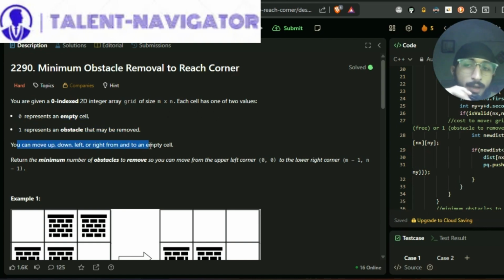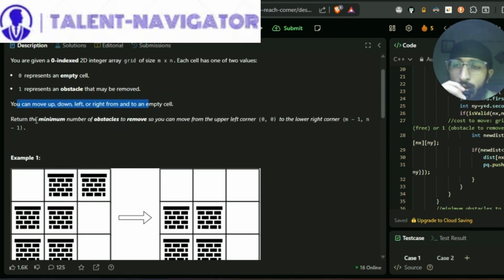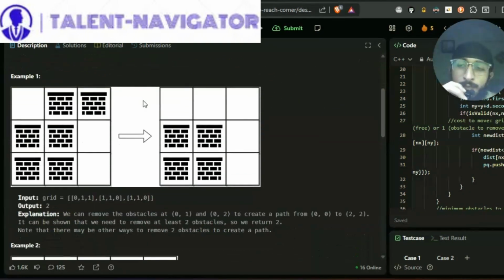You can move up, down, left, or right from and to an empty cell. That is four directional movement. We need to return the minimum number of obstacles to remove. So we can move from upper left corner, that is 0, 0, to the lower right corner, m minus 1, n minus 1. And for example, we have this grid, so 0, 1, 1, 1, 1, 0, and 1, 1, 0. So this means that wherever we have 1, it is an obstacle, and wherever we have 0, it is